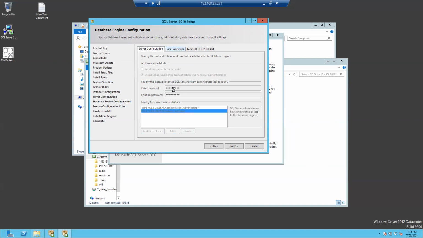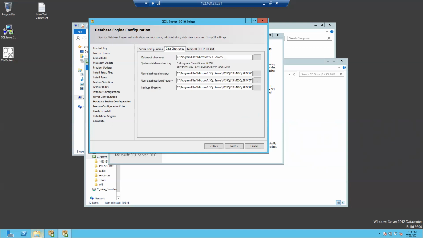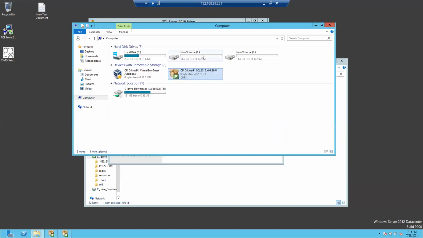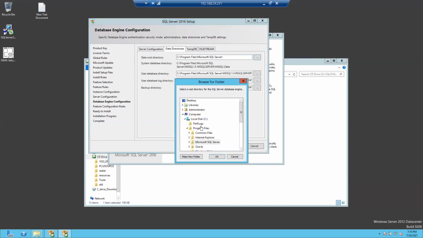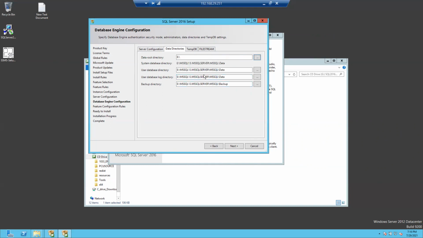Okay, data directory. I have created E and F drives, different drives. I'll give the root directory. For the E drive, I'm keeping data in the E drive.